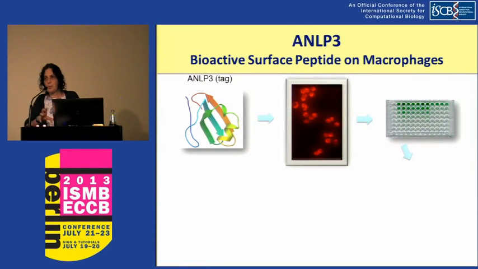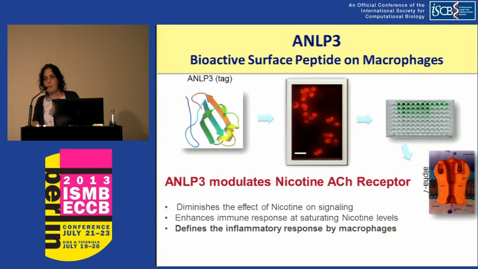Now, we take this protein. Burkett says that I used to be a biologist. I am still a biologist. We went to the lab. We expressed the protein in macrophage, and we did quite a bit of biochemistry, and to our delight, we found something quite interesting: that this ANLP, an unknown TOLIP from mouse, acts as an inhibitor, a modulator of the acetylcholine receptor, one of the major receptors in many biological functions.